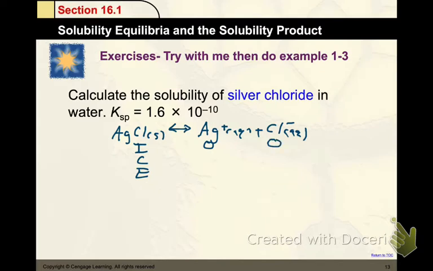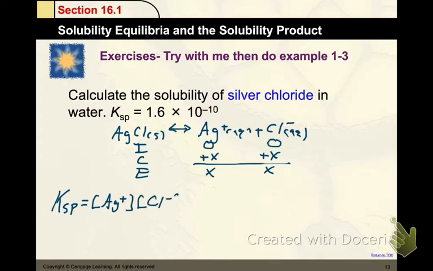Your change is plus x, and so at equilibrium you've got x and x. So solving for your molar solubility, all you've got is Ksp equal to the Ag+ concentration times the Cl- concentration,